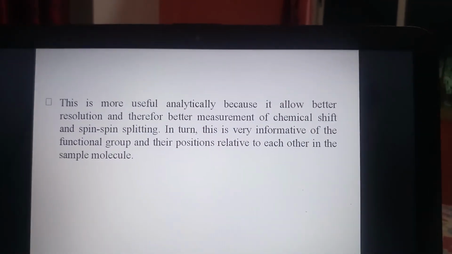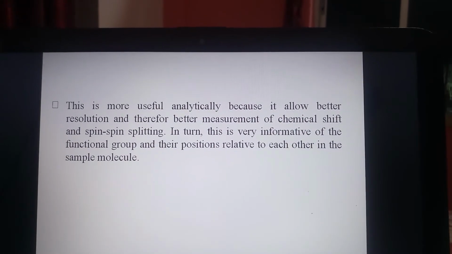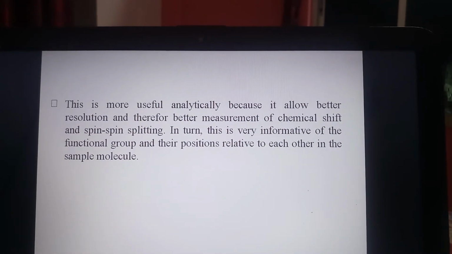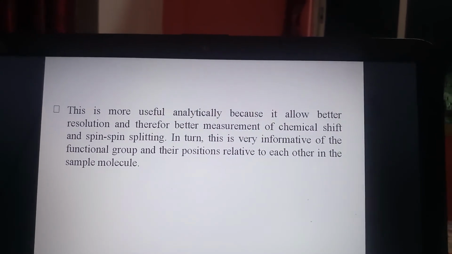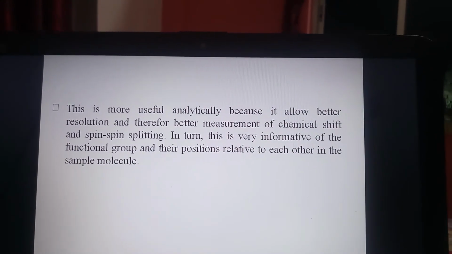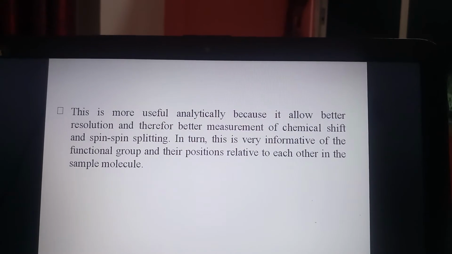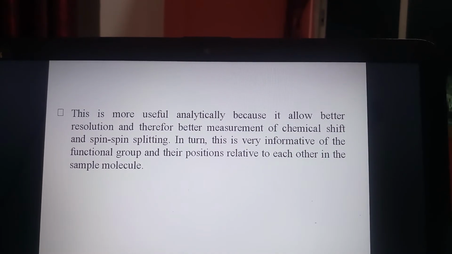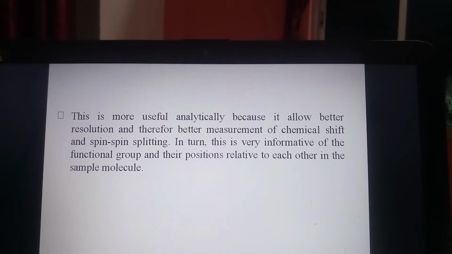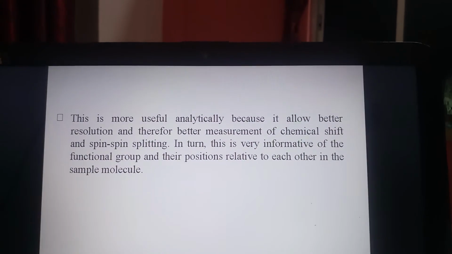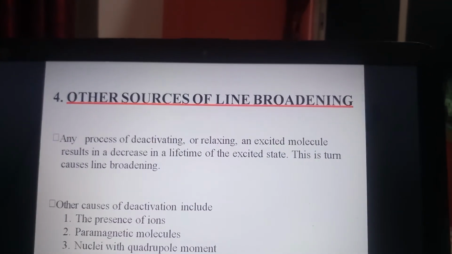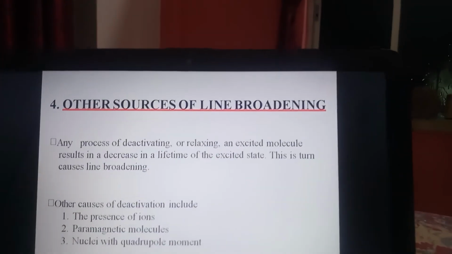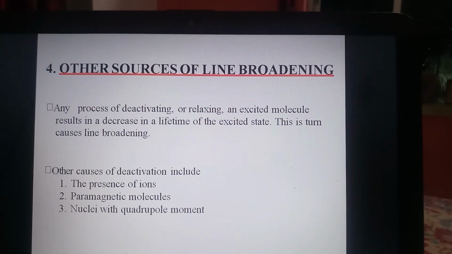This is more useful analytically because it allows better resolution and therefore better measurement of chemical shift and spin splitting. In turn, this is very informative of the functional groups and their positions relative to each other in the sample molecule. Other sources of line broadening.